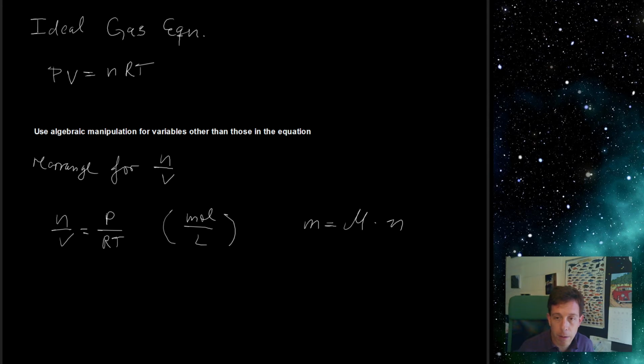So say you look up the molar mass, multiply it times the number of moles, and if we multiply each side of this equation right here by the molar mass, so if we do that, we have molar mass times the number of moles divided by the volume equal to pressure over RT times the molar mass,